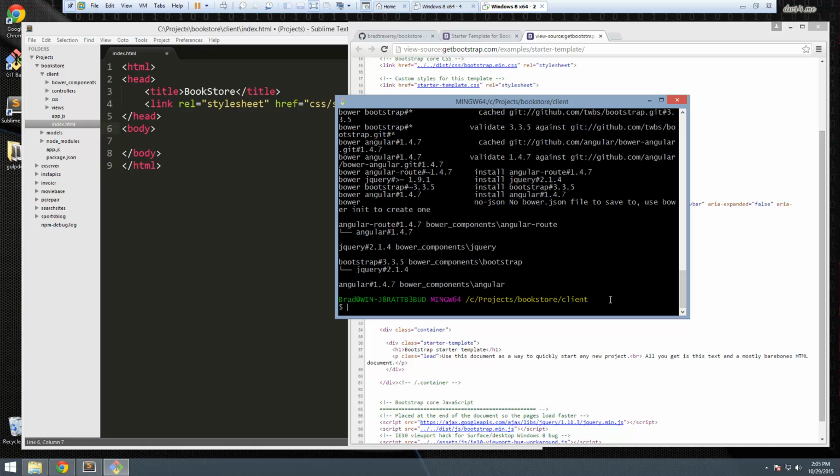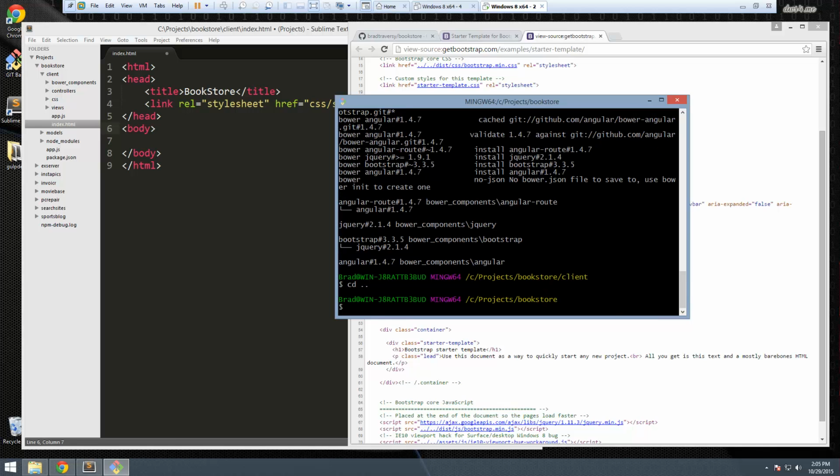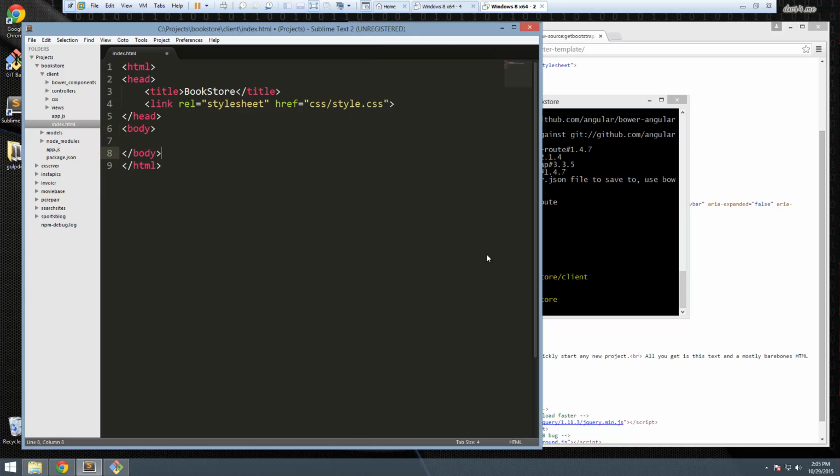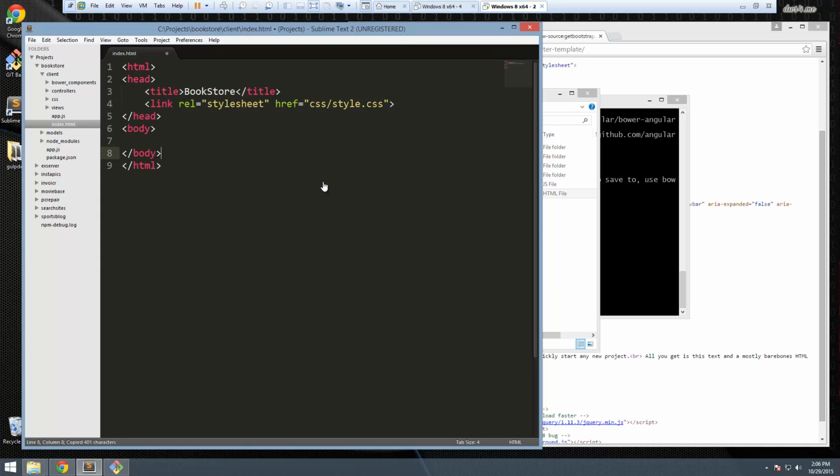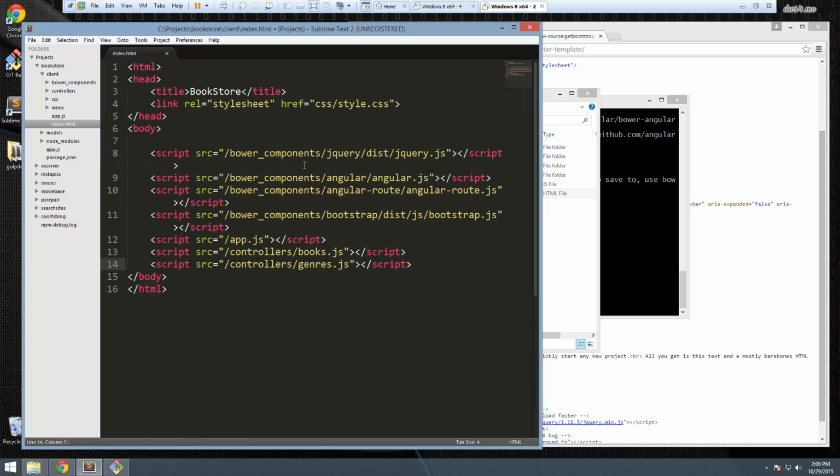All right, so let's go back to the root of the application, and we're going to include all those scripts, and I'm going to do some copying and pasting just so it doesn't take as long. So all the scripts are going to go down here. Okay, so we have jQuery, Angular, Angular Route, Bootstrap, our app.js, and then our two controllers. All right, and then up here,